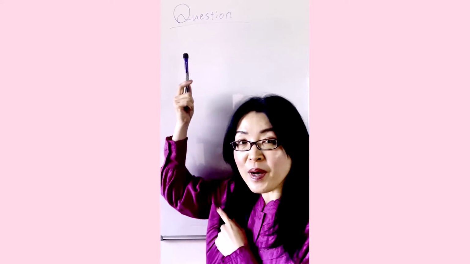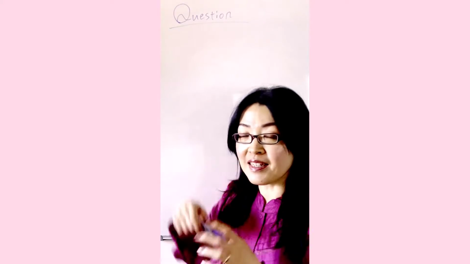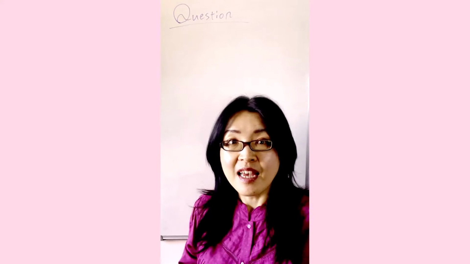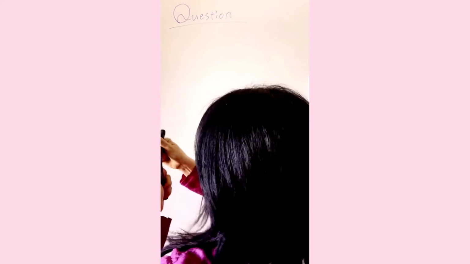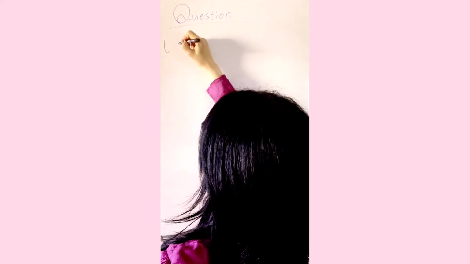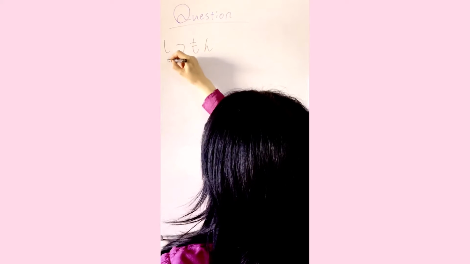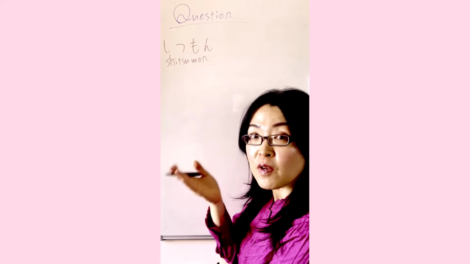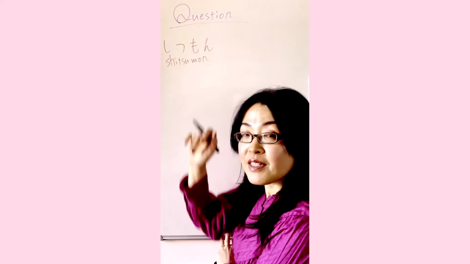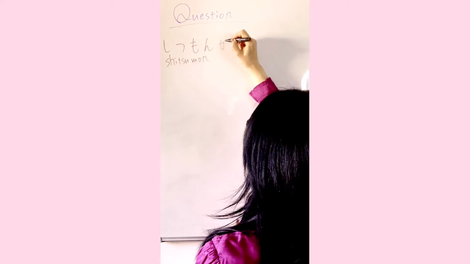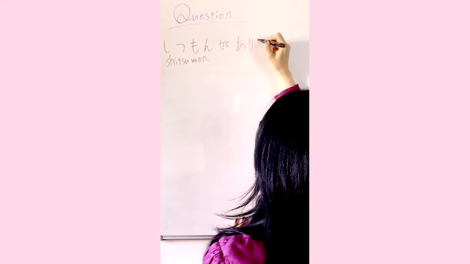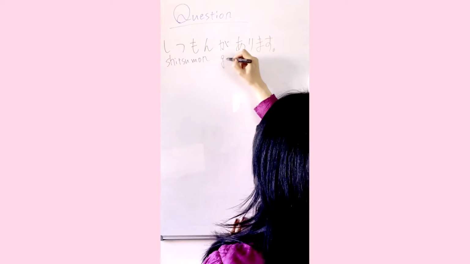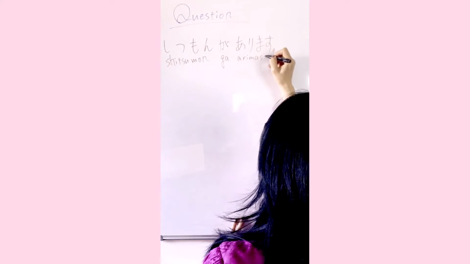Today I'm talking about question. Do you know how to say question in Japanese language? If you want to say, may I ask a question, or I have a question, in that case, we use the word 質問。質問。Okay, means question. For example, if I want to ask a question, 質問があります。